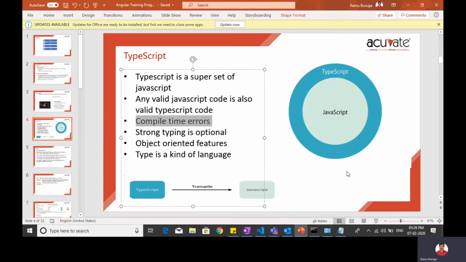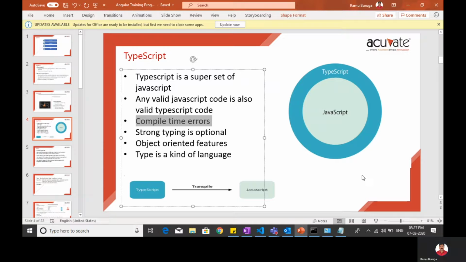Compile time errors. Did you ever observe, when you write JavaScript code, that you get compile time errors? No, because until you complete and run that page, you will not come to know that there is a syntax error, right? It is hard to maintain the development. Even for a single functionality, every time you have to build and run to check whether there is any error. But in TypeScript it is not like that. It will give you the error as soon as you type something wrong. It will provide you compile time errors.